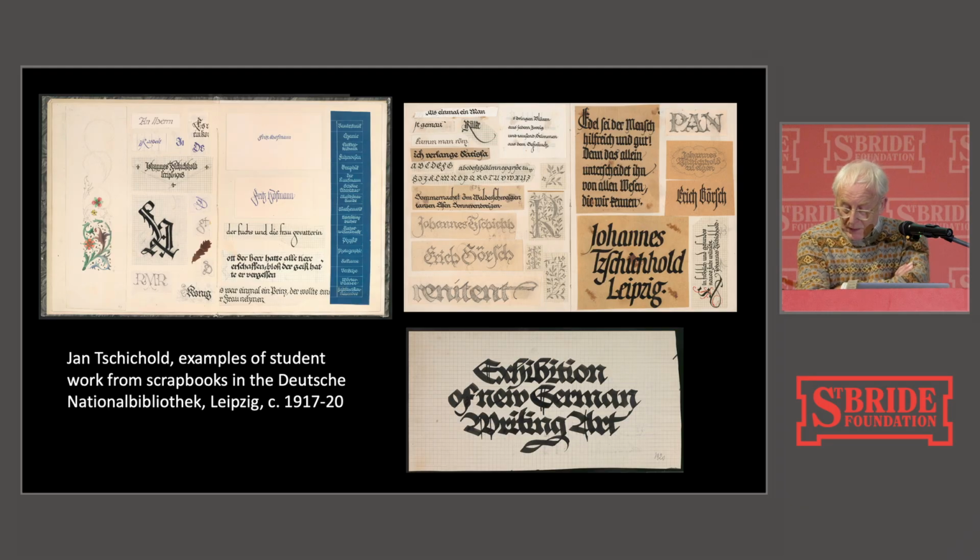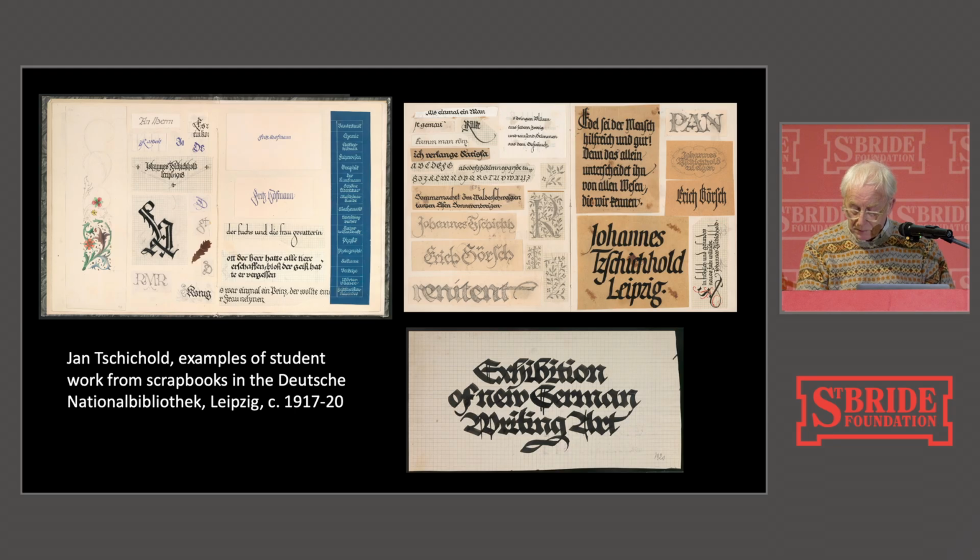This, therefore, was the figure and the environment that the young Jan Tschichold was seeking to join in 1922. Just 20 years old and a new graduate of the Akademie für Grafische Kunst und Buchgewerbe, the Academy of Graphic Art and Book Industry in Leipzig, he was in many respects already a disciple. Two scrapbooks in the Deutsche Nationalbibliothek in Leipzig of his early work show the extent to which Tschichold was following Koch's lead in calligraphy and letterforms.